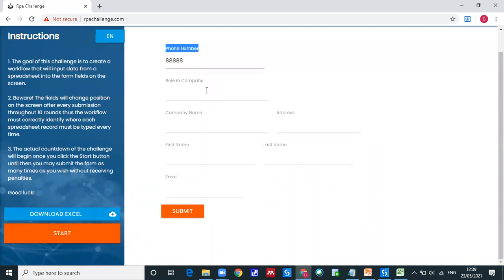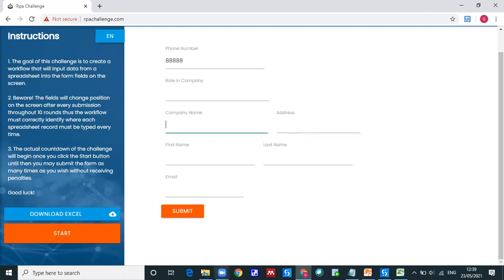Are you getting my point? So this phone number is a tag, a kind of reference or landmark to write a phone number in that field. For address, there is a landmark, that is this keyword. Are you getting my point? These are called landmarks in analogy, or we can call it an anchor base. These are called anchors of this particular field.